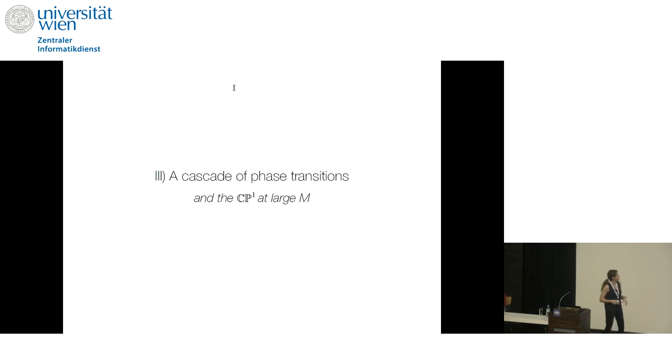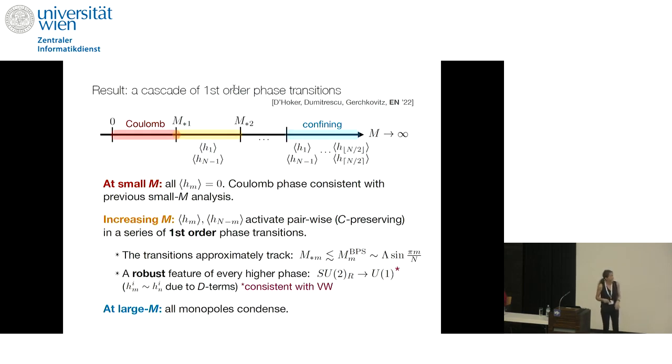Okay, great. So this leads me to the final part of my talk, where I want to tell you the result of doing this soft supersymmetry breaking analysis in this dual EFT near the multi-monopole points. The main result can be summarized as: we find a cascade of first-order phase transitions as we dial up the supersymmetry breaking mass scale m. So at small m,